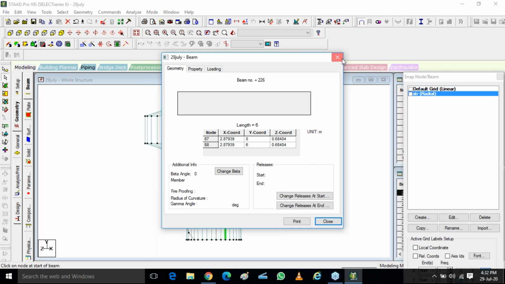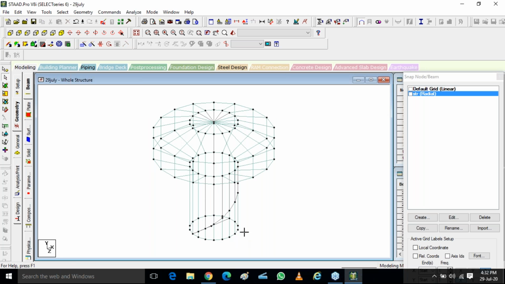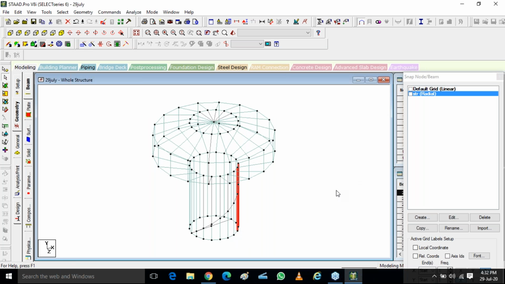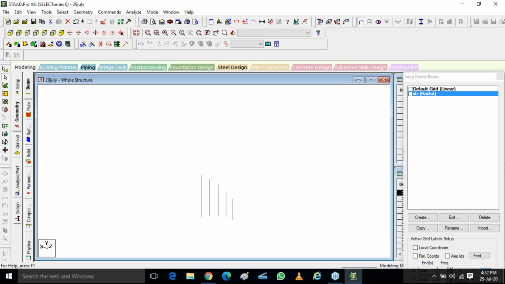This is 6 meter, but after node, there is one thing from the isometric view. I don't know how this beam is still attached. Single beam.